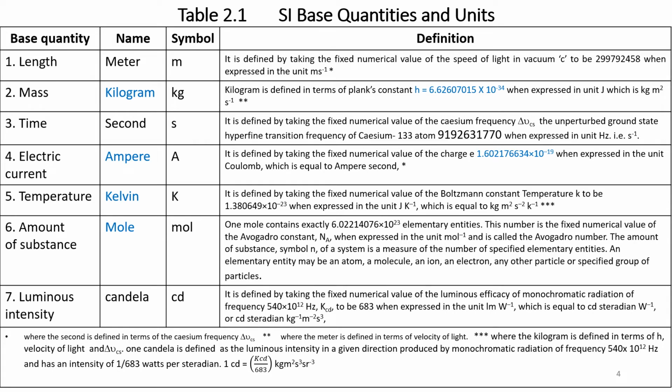In table 2.1, SI base quantities and units have been given. Here in this slide, we will define the base quantities and units. Length, that is meter with symbol small m, is defined by taking the physical value of speed of light to be